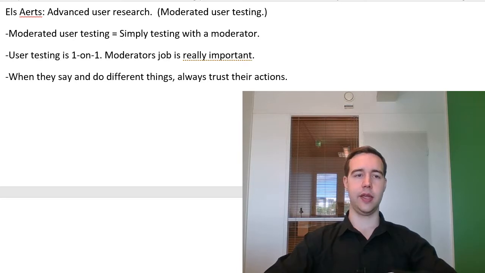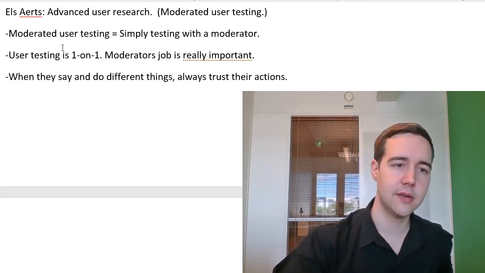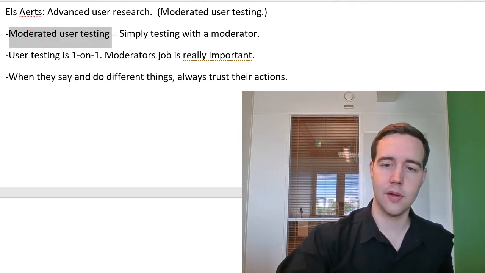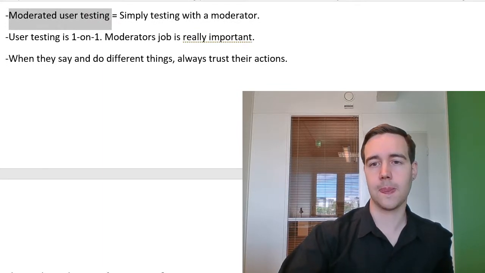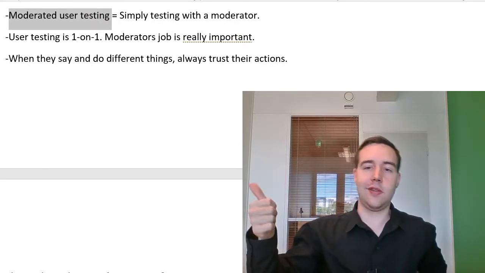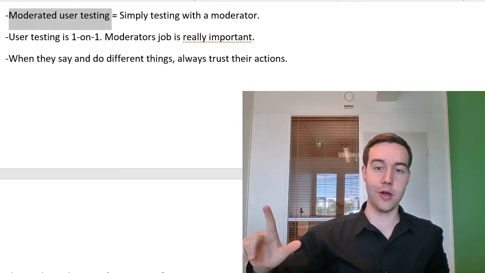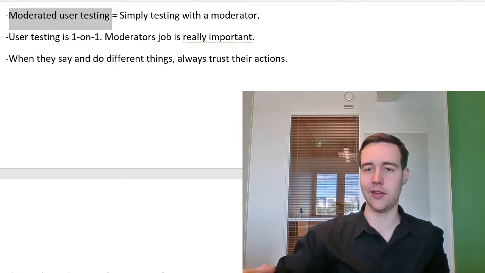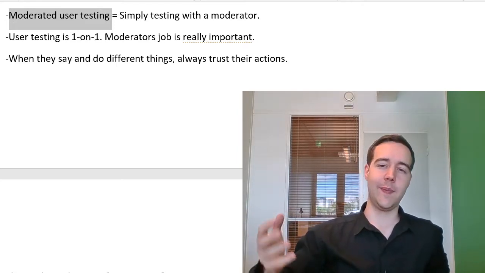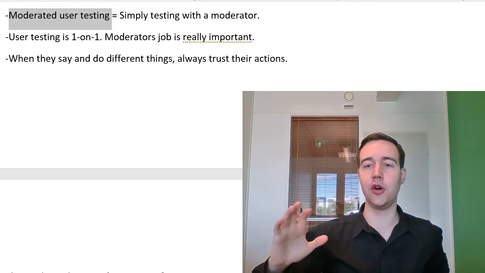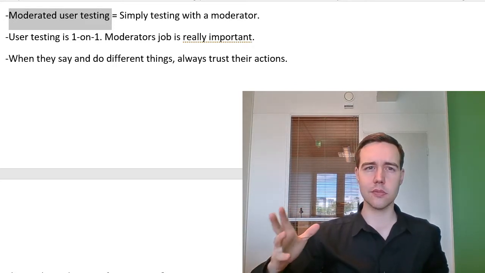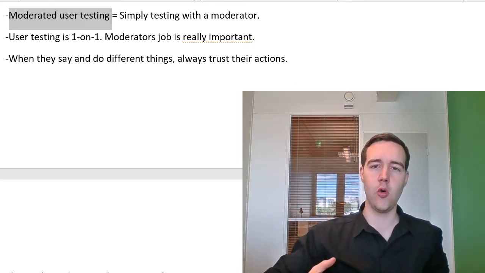The idea here with the moderated user testing is that once we build a site, first of all, we are not the target audience most of the time. And secondly, we already know how to use the site, we know the product, we know the benefits, etc. So we are affected by the so-called curse of knowledge, where we cannot really unknow what we already know.